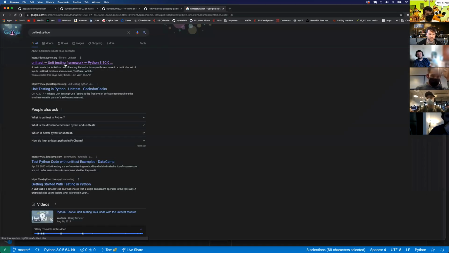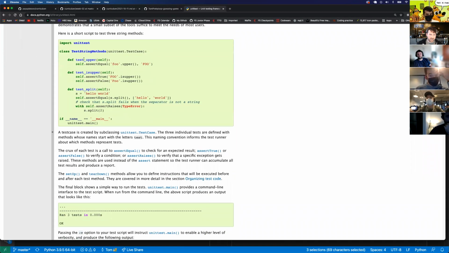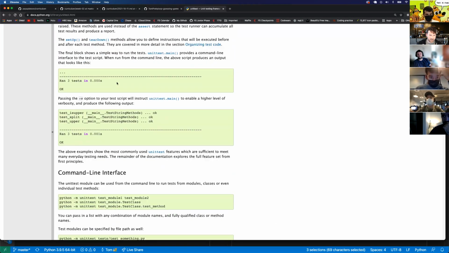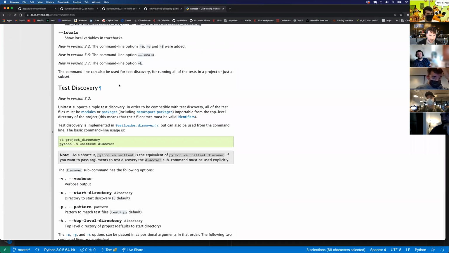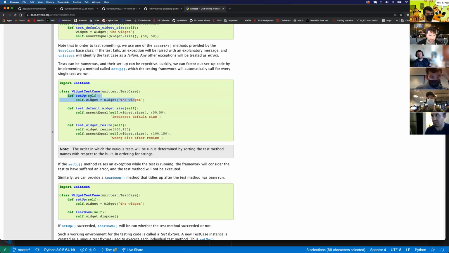Python, here's this unit test. If you read through the documentation, I've got test upper, test isLower. Let's keep going. I notice that tests can be numerous and their setup can be repetitive. Luckily, we can factor out setup code by implementing a method called setUp. setUp is a built-in method within the unittest framework that will be automatically called for every single test